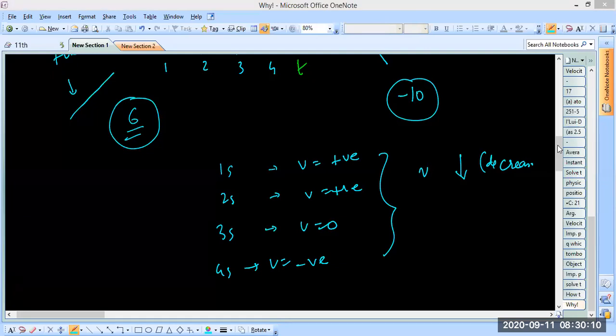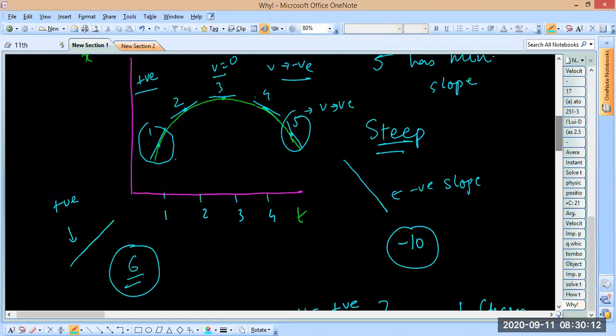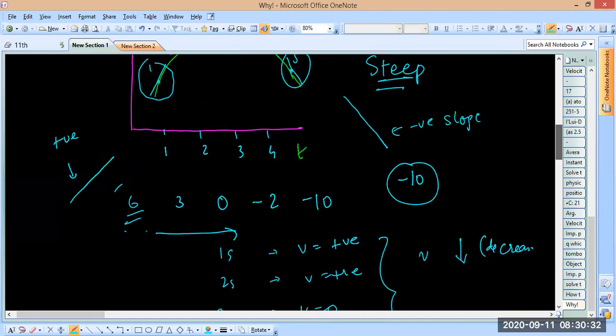I'm saying that here in the first case, this tangent has slope maybe 6, right? Then the second tangent is less steep, so it has a little bit less slope, maybe 3. And then the third one has 0. Then the fourth one will have something like minus 2, and then the fifth one has maybe minus 10. So you can see that this is velocity, isn't it? Slope of tangent is velocity in an xt graph, right? So that's why